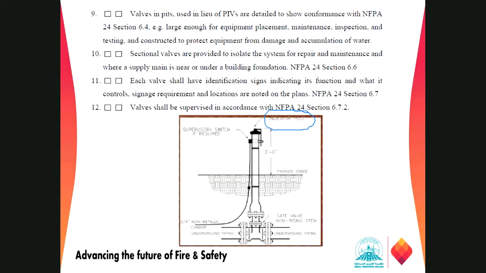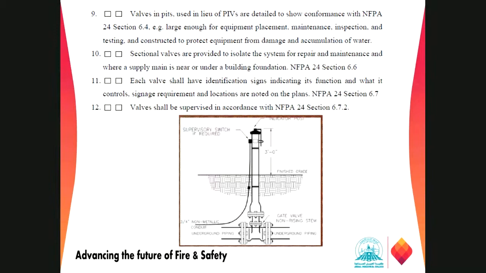So if someone is opening or closing, it will give a signal to the fire alarm control panel. And this is the locking one, right? This is the arrangement from there. They have to open the valve, so it is locked here. Just open, and you can open or close this valve. These are the requirements of the PIVs.